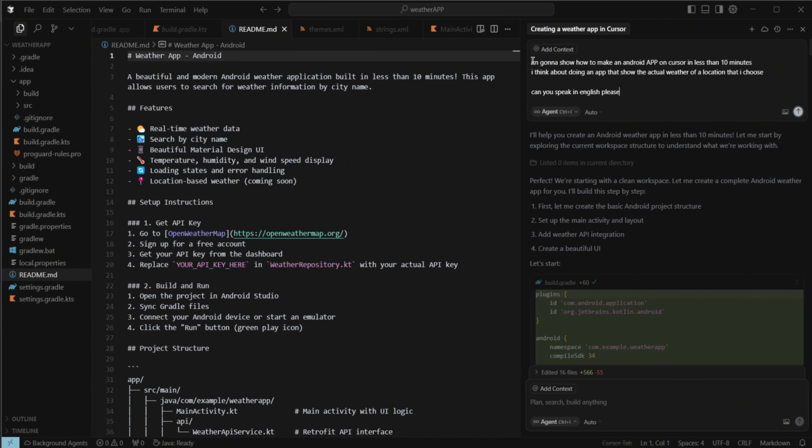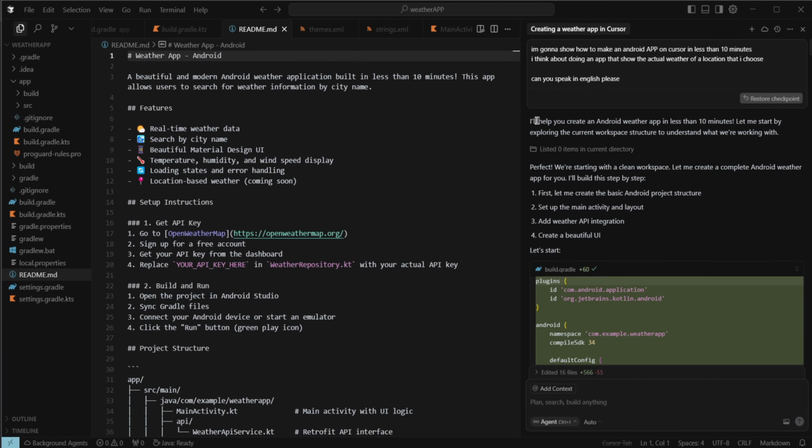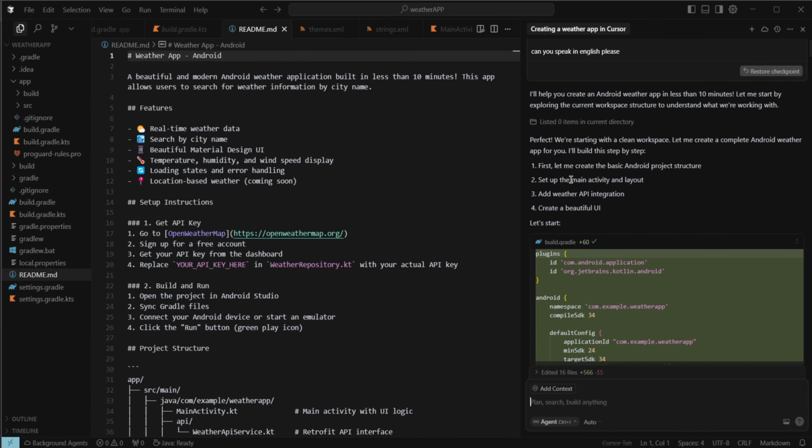Like I said before, you need to be really precise. You need to give a lot of details to make it really, really sharp for the agent. Otherwise, it will do whatever thing which doesn't match what you wanted. Okay, so he told me, I will have you create an Android app in less than 10 minutes. Let me start by exploring the current workspace structure, and then he instantly started building all the